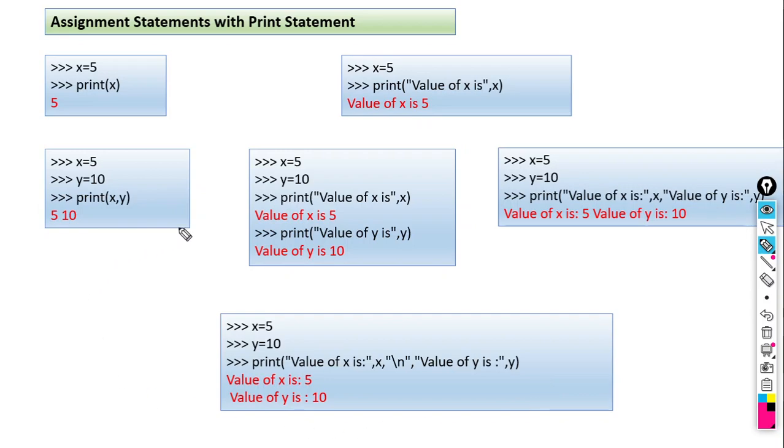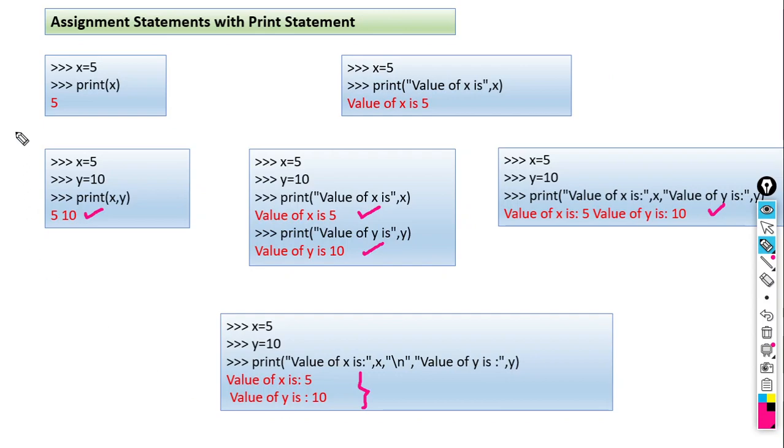In these four examples, we stored two values to two different variables and we printed them by using different methods. So these are the outputs: 5, 10, value of x is, value of y is, value of x is, value of y is, and value of x is, and value of y is.